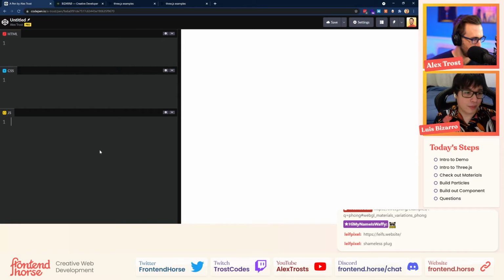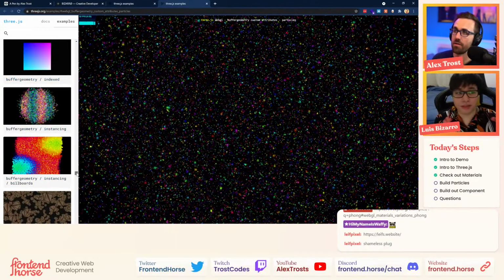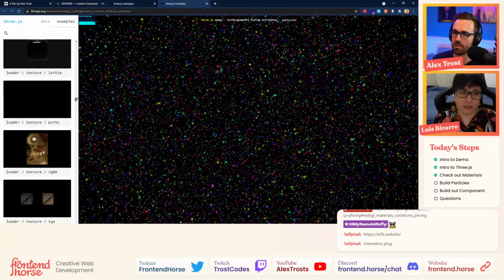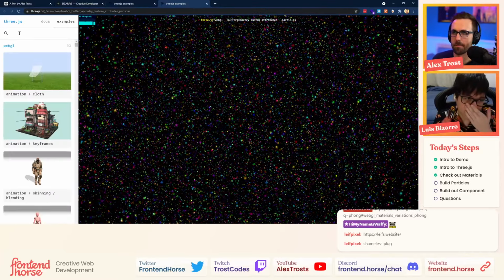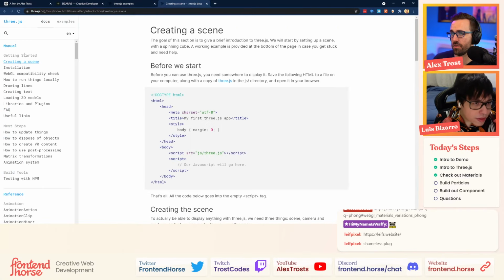Cool. So I think just to save up some time, we can go to the Three.js examples or the Three.js website, which they do already have some code that you can reuse. So if you go to the homepage, I think we have a getting started page. Or Documentation. Getting started. There we go. Yeah, in the documentation.